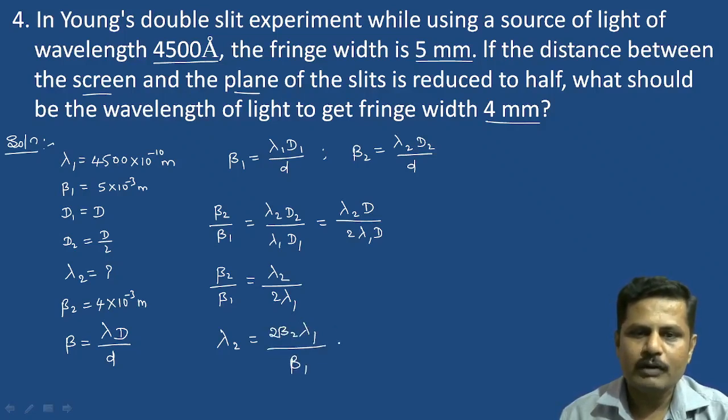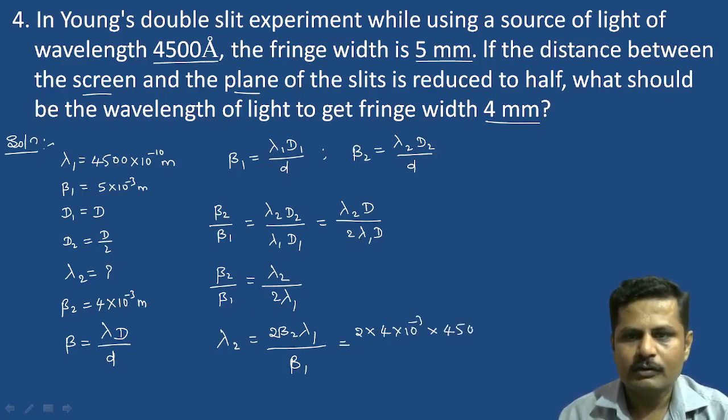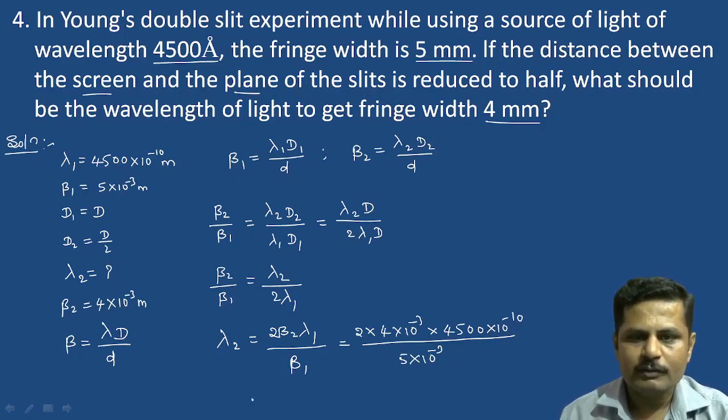On substituting the values, 2 beta 2 equals 4 times 10 raised to minus 3 meter, lambda 1 equals 4500, that is 4500 into 10 raised to minus 10, divided by beta 1. So beta 1 equals 5 into 10 raised to minus 3. On simplifying this, we get lambda 2 equals